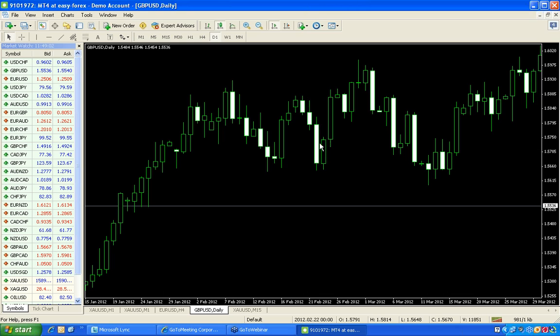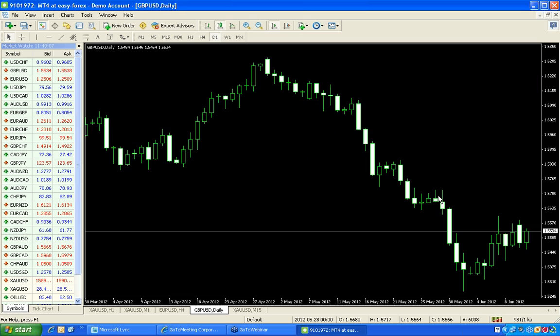The body of the candlestick represents the difference between the open and the close price. So the open and the close before was represented by these two small horizontal bars. Now this has filled in and become a body. And the wicks above and below represent the highest point and the lowest point in that particular time period. Now, to add to this, and what we weren't getting from the bars,